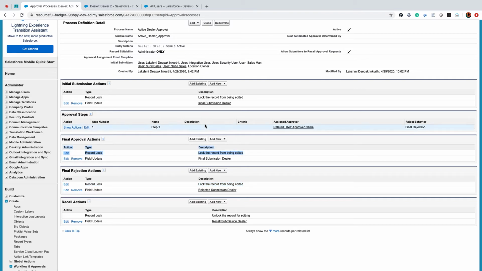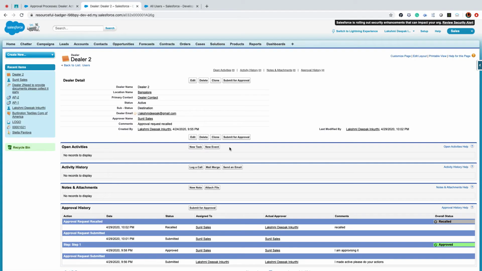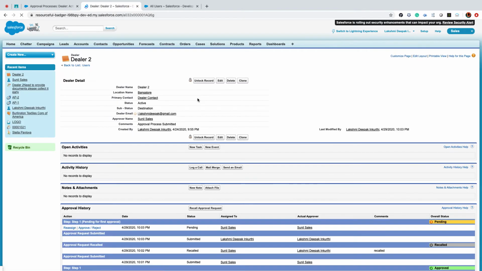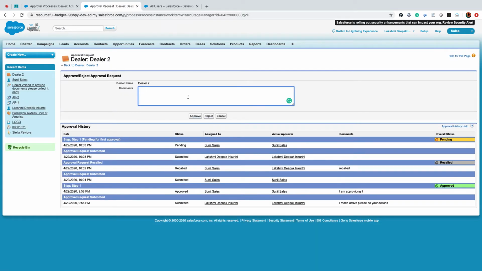Oh, can you just tell the last step one more time? Okay. Final rejection action. Let's say the record has been rejected. I'm submitting for approval. Now the record is locked, right? Even if I approve or reject, because I'm a system administrator, I can do it on behalf of users.